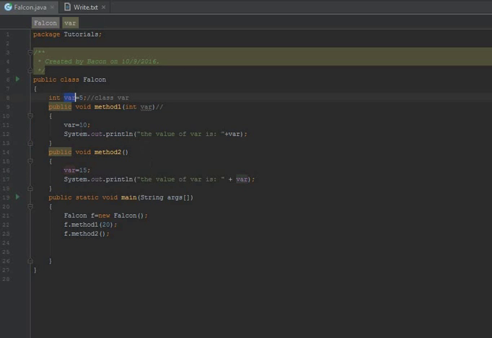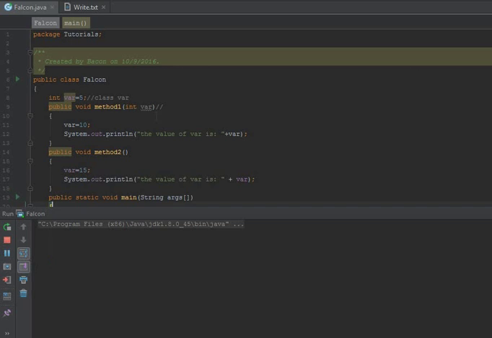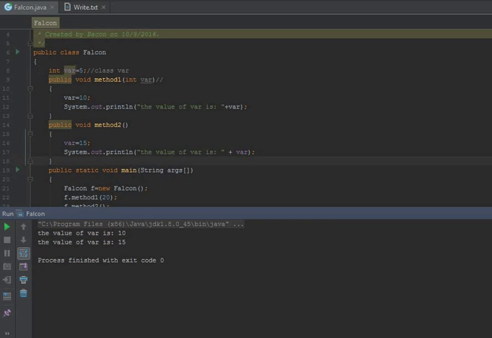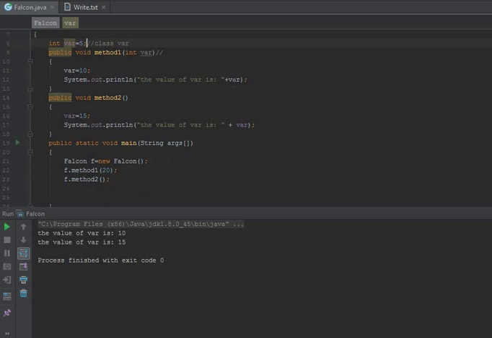The class variable or the local variable? So this is a big problem when our class variable and local variables are different. Let me just show you the output. In this case, whoa, the value of var is 10 as expected, and 15. Now 5 did not come in any situation because